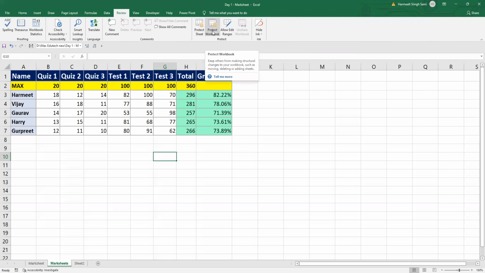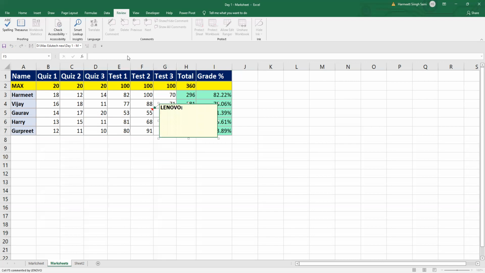This tab is basically used only for your spelling checks or any kind of small reviews which you want to give to anyone. Say you reviewed this data and you want to give a comment that this is not 55, this should be corrected to 60. So you can just select the cell and you can make it 60. Okay, you can give